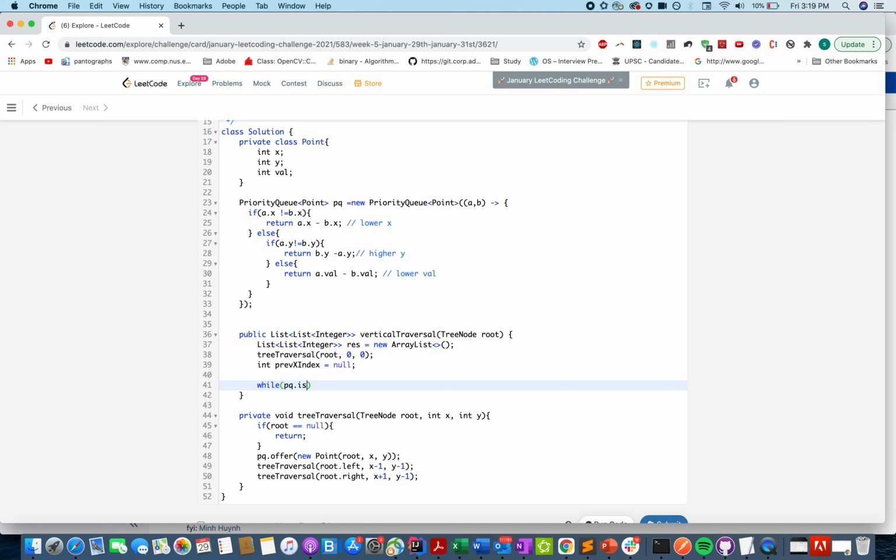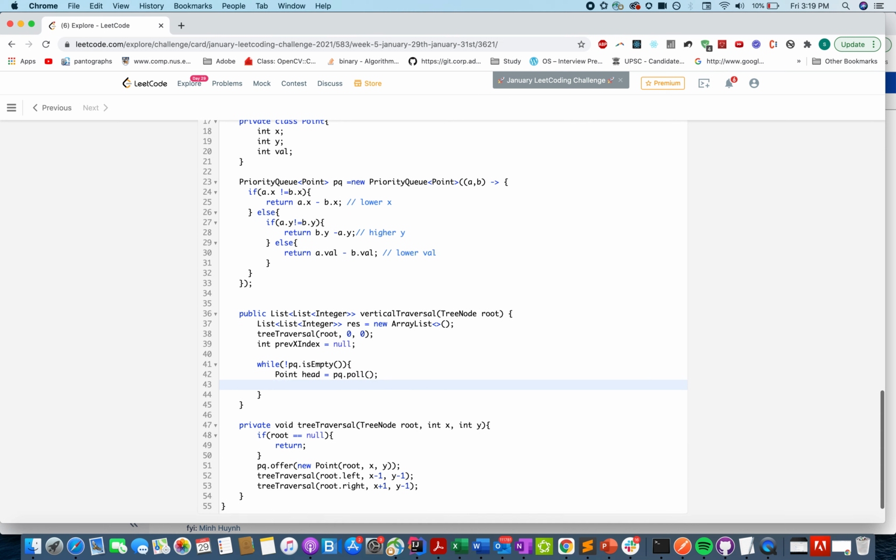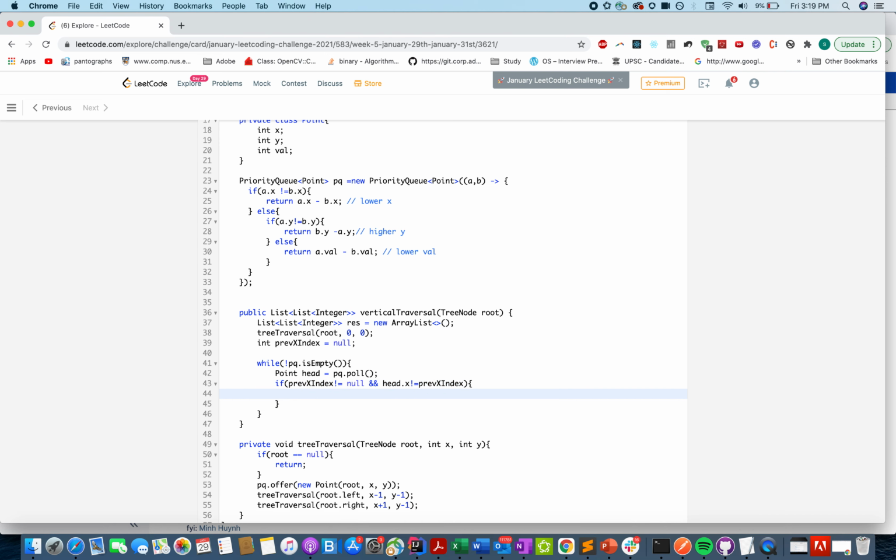Till the time pq is not empty, we'll pull out elements from the queue, point head equals pq.poll, and if previous x index is not equal to null and head dot x is not equal to previous x index, that means we need to create a new array.